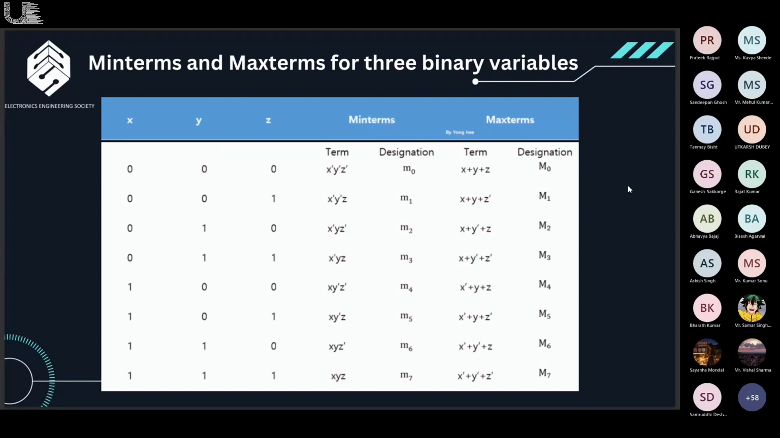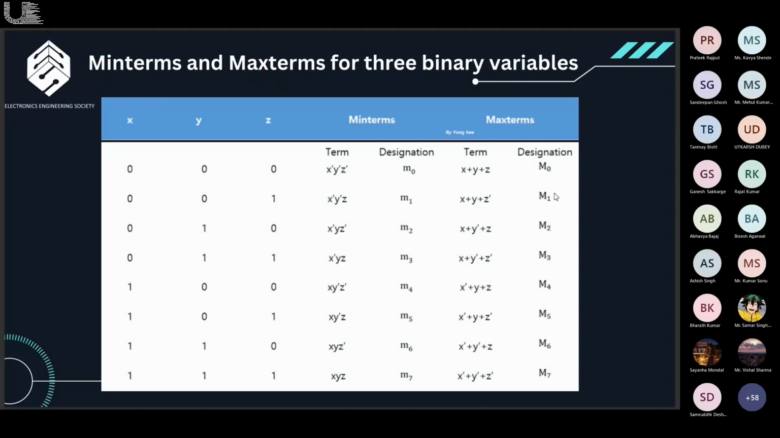For example, if the given Boolean value is 0, then we write the uncomplemented form, and if it is 1, then we write the complemented form. So if x, y, and z all are 0, we can see that the term is x plus y plus z, and the designation would be M0. Capital M denotes max term, and the subscript denotes the equivalent decimal value of the Boolean binary representation of the